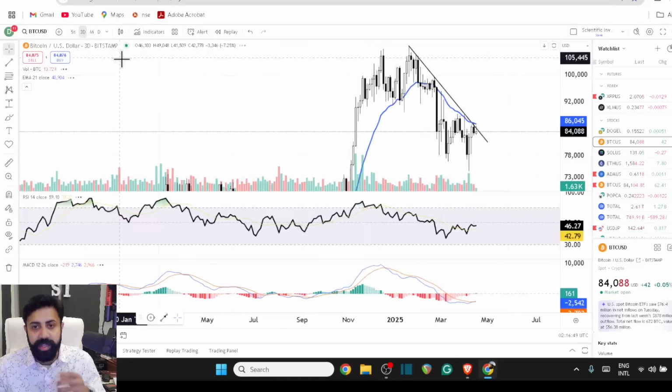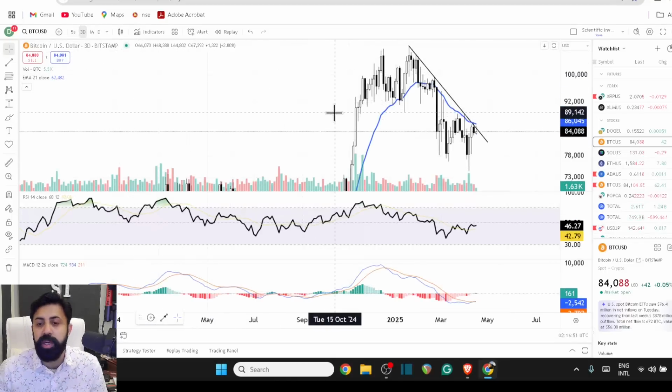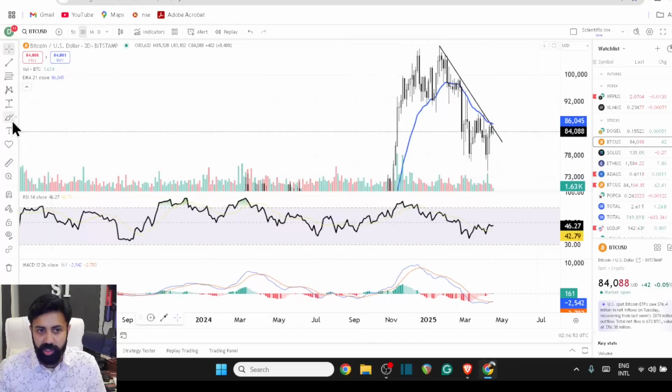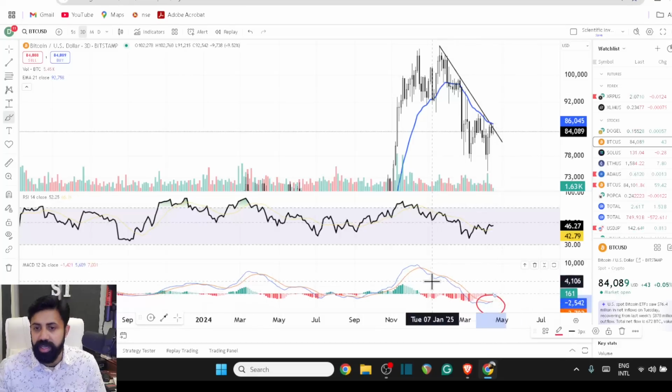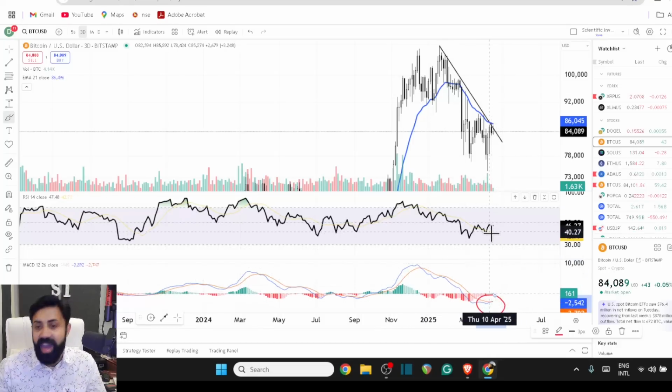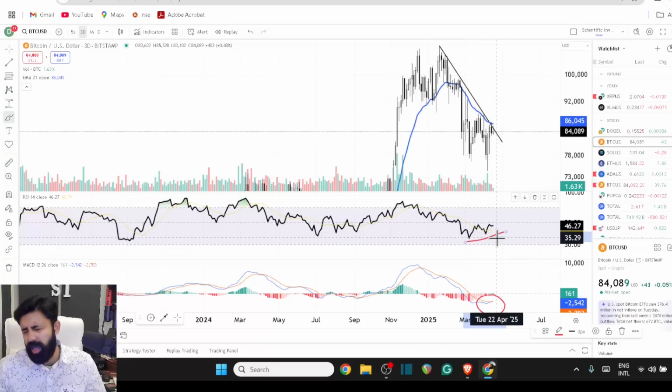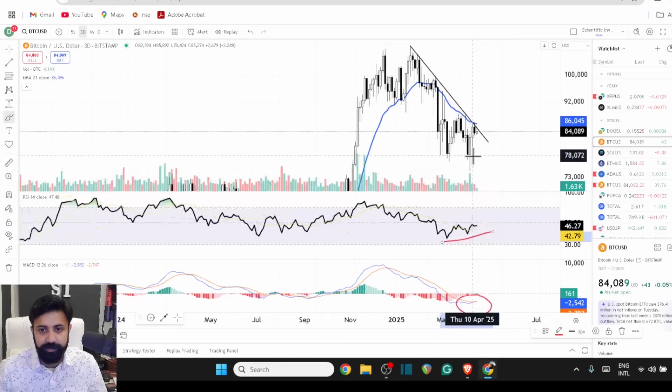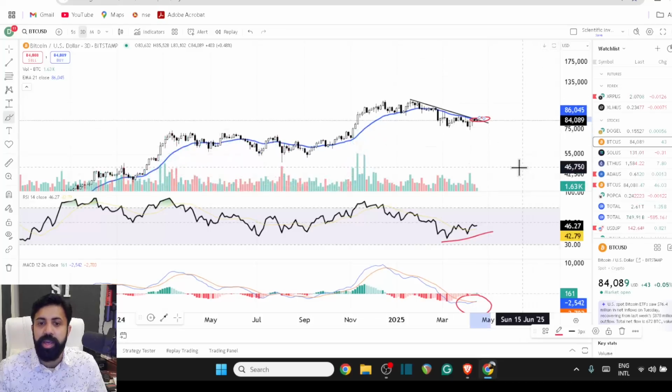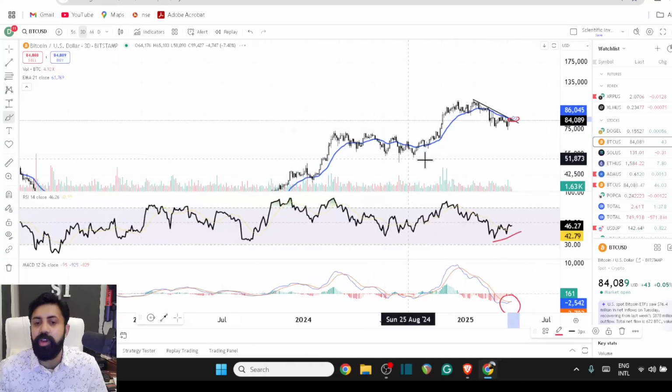You go on a higher time frame to see, can we supersede that lower time frame structure? MACD argues, yeah, I'm trying to do something. I would like to push higher. RSI says there is a bullish divergence on a 3-day chart for Bitcoin. Price says I'm just below the moving average. Now, history is kind of our teacher.